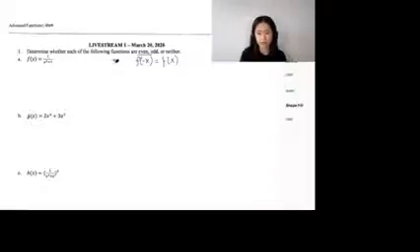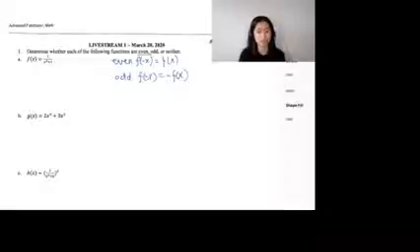And if it's odd, you need to plug in f of negative x as well, but instead of having f of x, you need to have negative f of x. Does that make sense? And the reason for that is because if you're looking at an even function, so say for example,